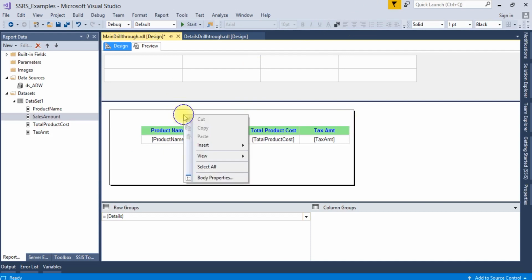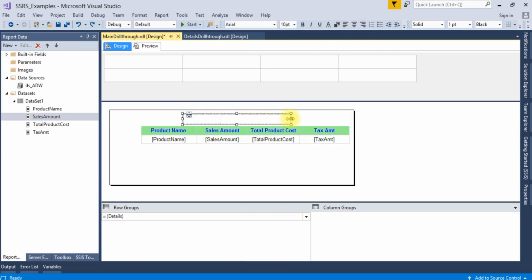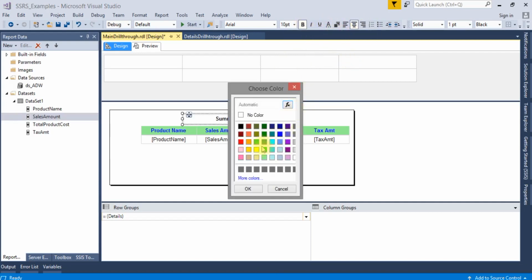Let's add one header, something like summary report, and change the background to something.